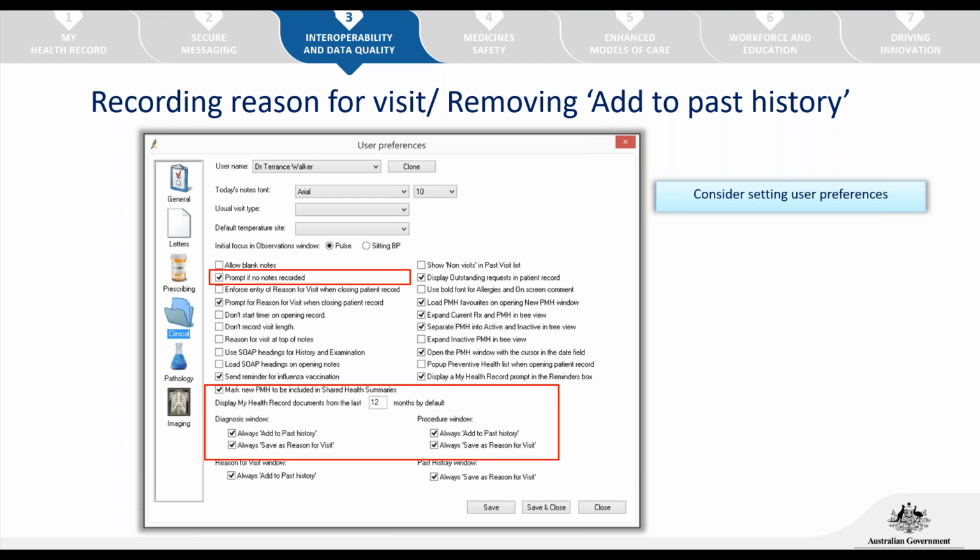And so it's really important to also consider, as Peter mentioned, changing that default setting so that the reason for visit or reason for medication doesn't auto add to the past medical history list. So we don't want to see all of those reasons for visits continuously adding to past medical history. We can untick that from our user preferences, so that's not a default setting, as Peter just mentioned. So this is a visual look at what that is in one of the clinical information softwares and how that can be changed to help your